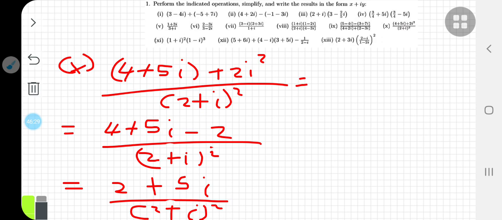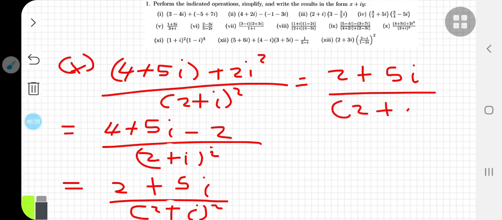So if I simplify the denominator, I'm going to have something like